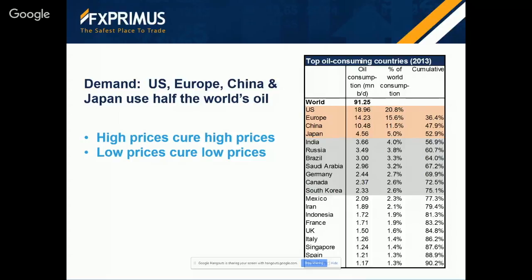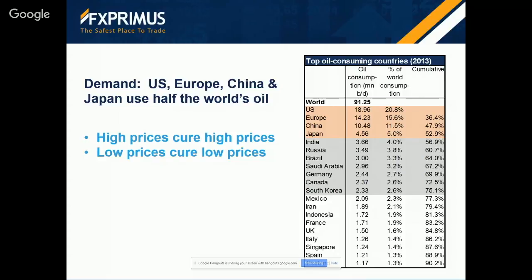Now, overall, about oil prices, what I should say is that they are mean reverting over time, although it takes some time. What they say in the oil business is high prices cure high prices and low prices cure low prices. What that means is when prices rise to a certain level, supply increases and demand decreases. Because if prices are that high, it becomes more economic to develop certain wells. And when prices are that high, people just don't drive as much. So supply increases, demand decreases, and the price comes back down.